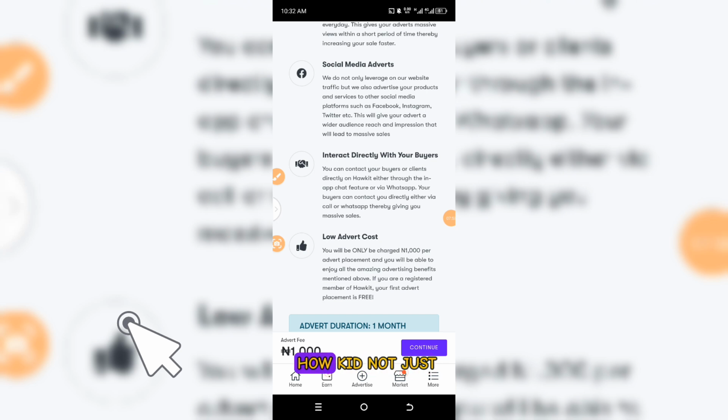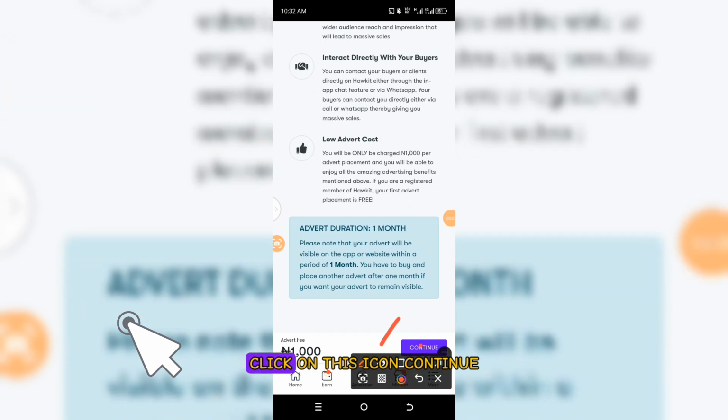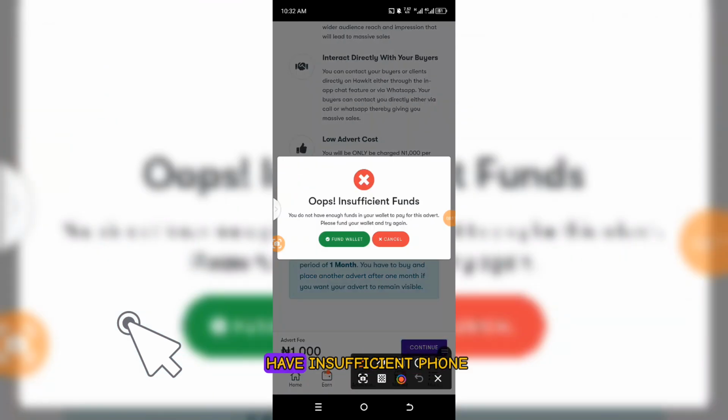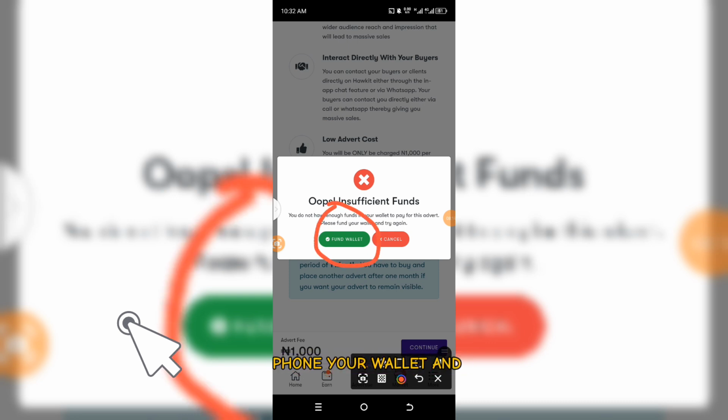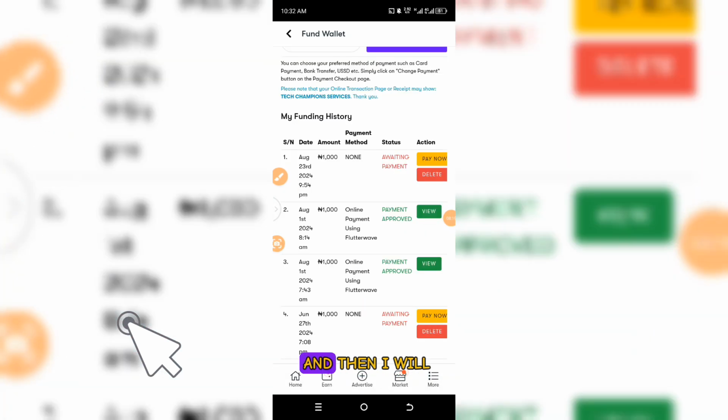You are here on Howkit not just to grow your social media, but to make money. So it's important to pay your one-time fee. All you need to do is click on continue. Because I have insufficient funds, you can see here fund your wallet and so forth. So I can just click on fund wallet, and then I will put my